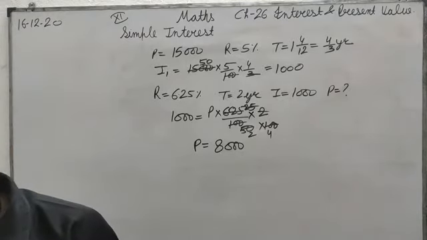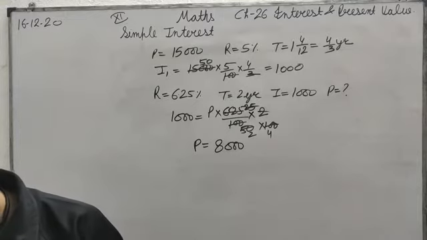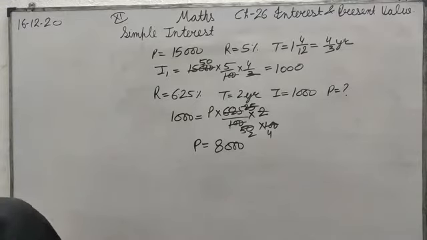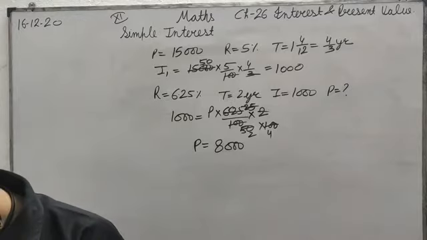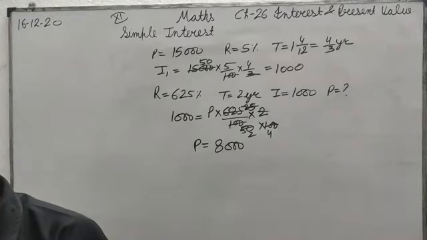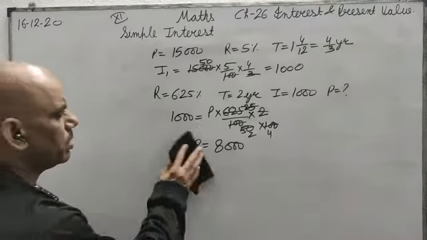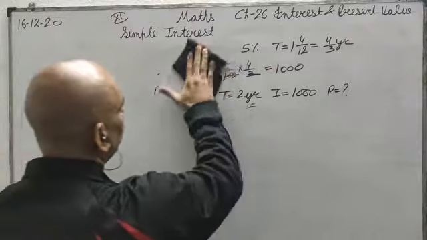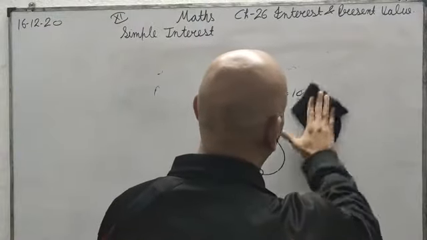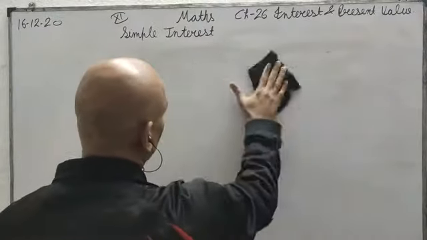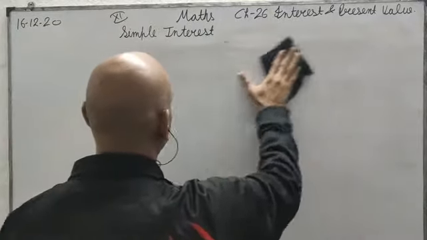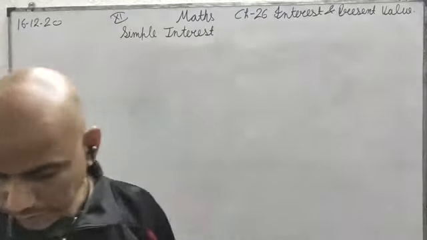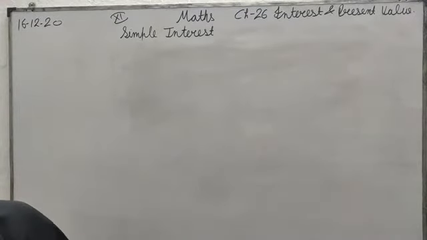Now, the simple interest on a certain sum for 2.5 years at 12% per annum is 400 less than the simple interest on the same sum for 3.5 years at 10%. If the rate and time are changed, the difference of interest is 400 rupees. What he is saying is that if it is for 3 years at some interest, and if it is for 2 years at some interest rate, the difference of interest is 400.